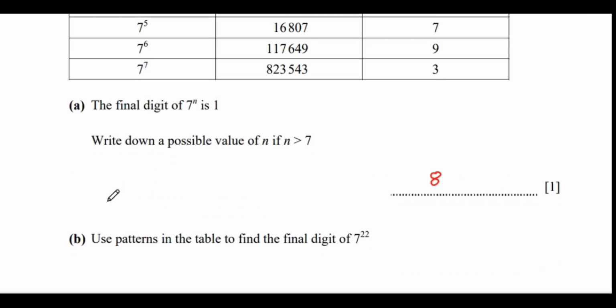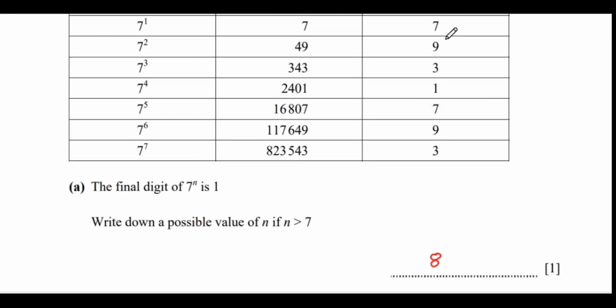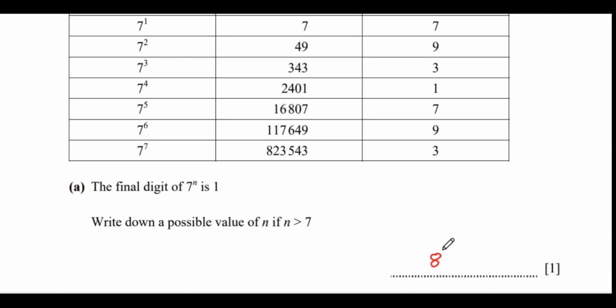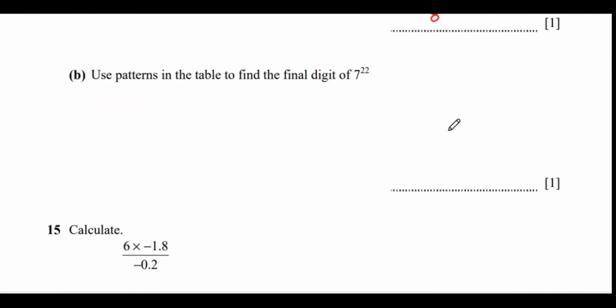So the next question under that, they now ask us to use the same pattern to find the final digit of 7 raised to power 22. So is it going to be 7, 9, 3, or 1? Let's find out. Let's use this one that we know. If the multiples of 4 are giving us 1, that means 7 raised to power 20 will give us last digit of 1. 21 will give us 7, and 22 will give us 9. So that will give you last digit of